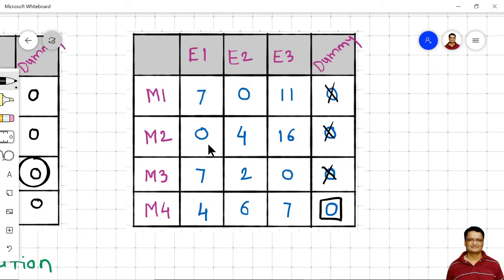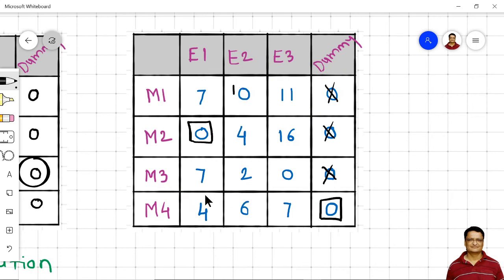So now I will scan the columns. If I scan the first column, I get only one 0, so I will make an allocation at this point, and there are no zeros in this column or in the corresponding row. So I will move to the next column.